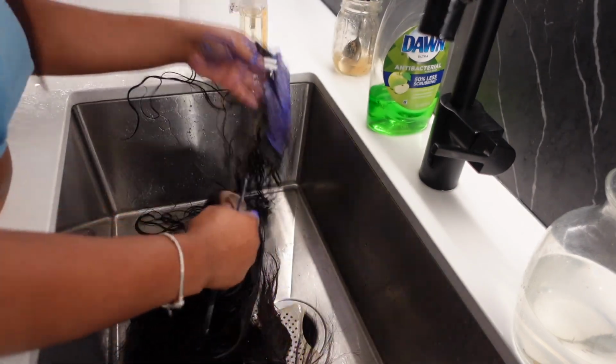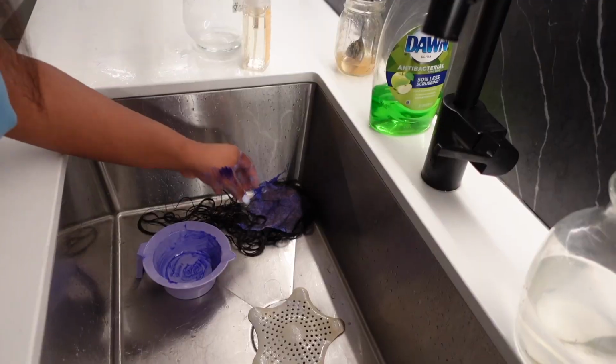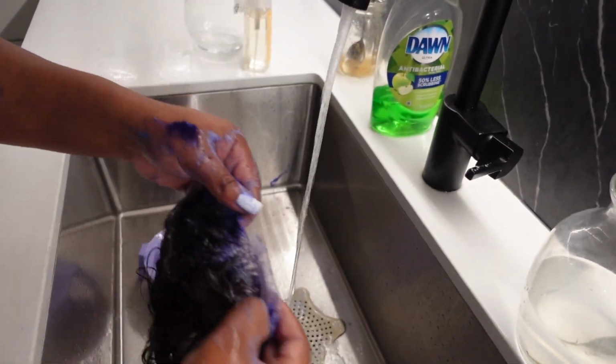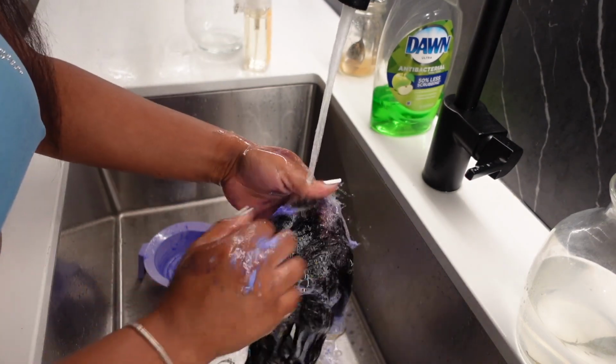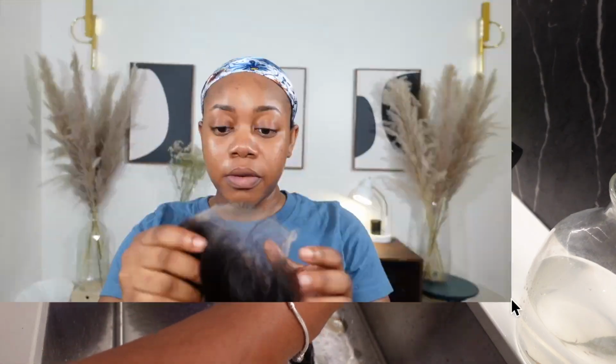I let the shampoo toner sit on the lace for another 10 minutes. I'm over here bleaching another wig at the same time. So after 10 minutes of letting it sit, I'm just going ahead and washing this out completely. I do go ahead off camera and let the hair sit in some conditioner, but that is basically it for our bleaching process. But first, what I want to do is sew an elastic band onto the